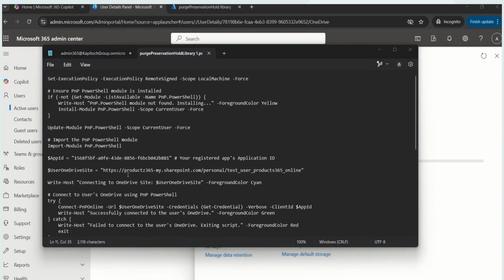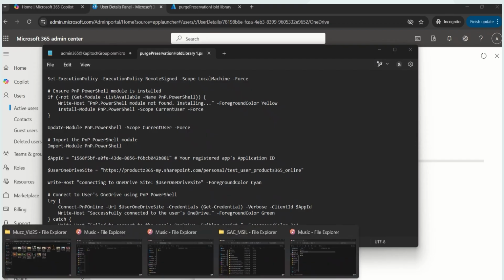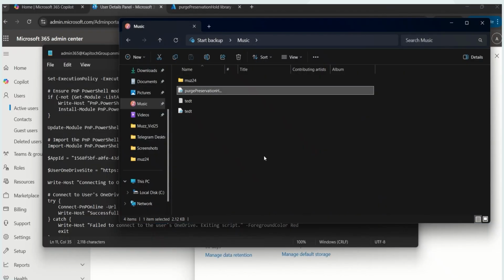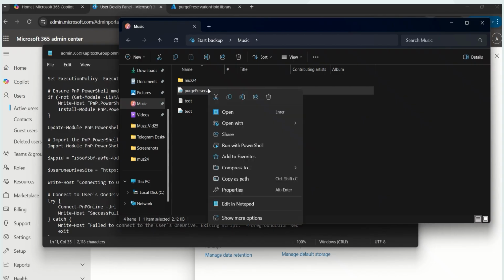We're going to log in with the admin account. So we've edited the file. Let's go back to where this file is saved. I think it's under music. Go back to music. One more thing before we run this PowerShell: we need to run it on PowerShell